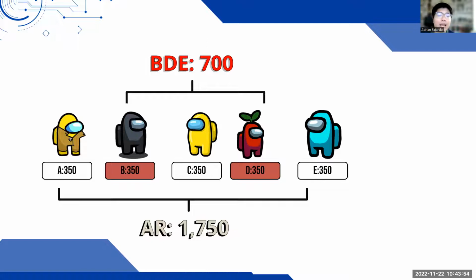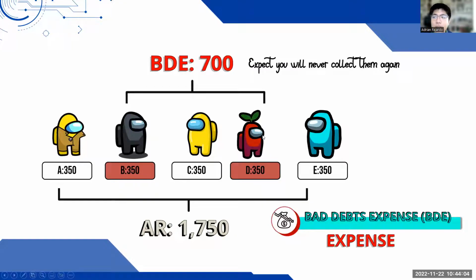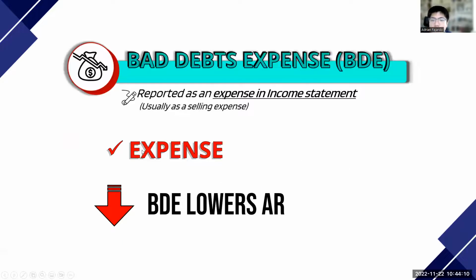We should not have lent to B and D in the first place. That's why it's BDE. BDE is an expense. So you'll never collect them again. So take note, BDE is an expense and that your BDE